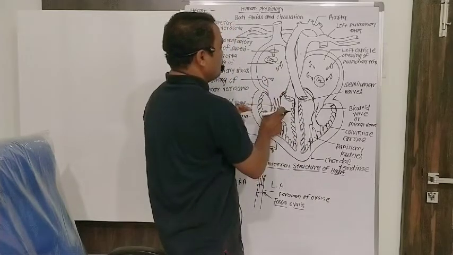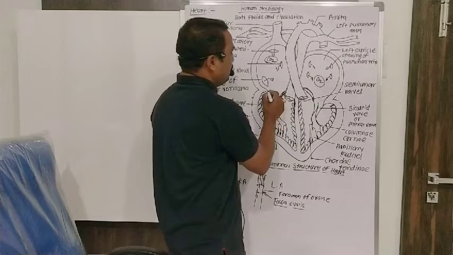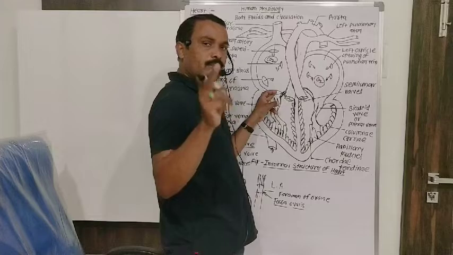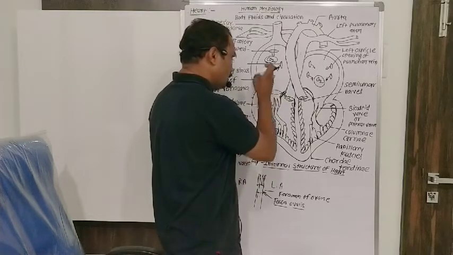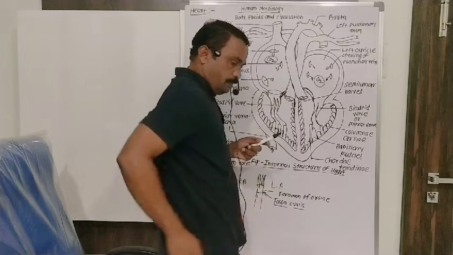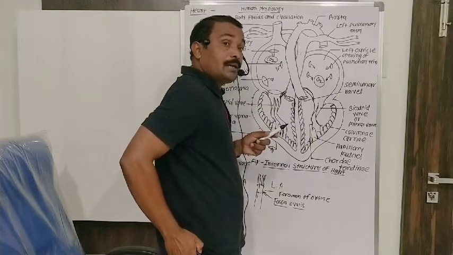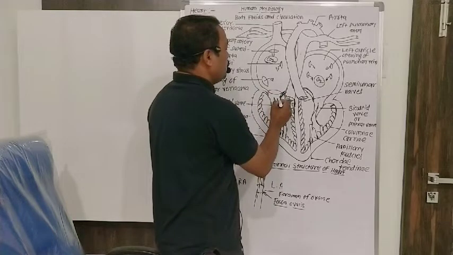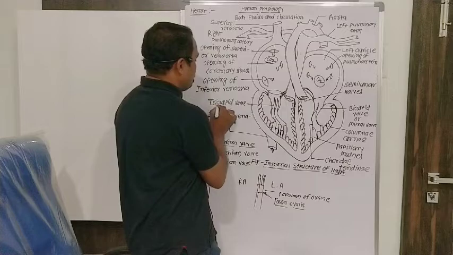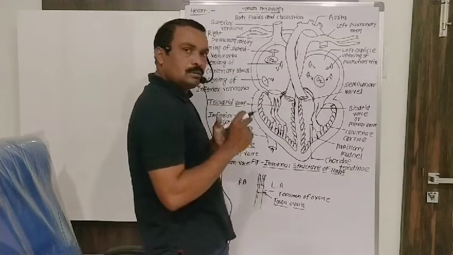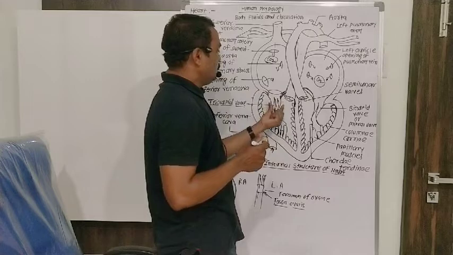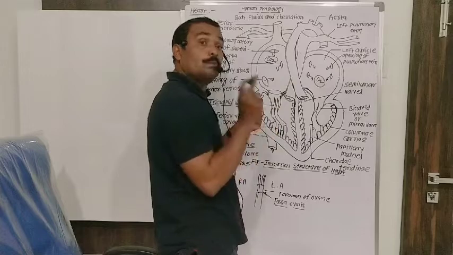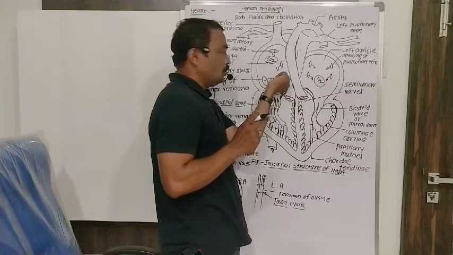Now ventricles. The right auricle opens into the right ventricle through an opening called the right auriculoventricular opening. The right auriculoventricular opening is present between the auricle and ventricle. It is guarded by valves called tricuspid valves. 3 cusps are there, that's why this valve is called the tricuspid valve, useful to prevent backward flow of blood from ventricles to auricles.